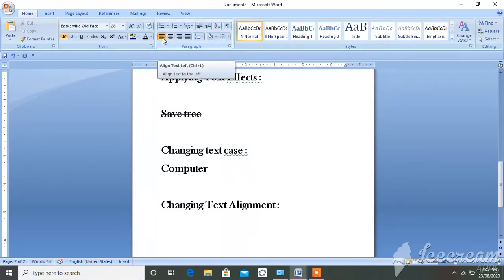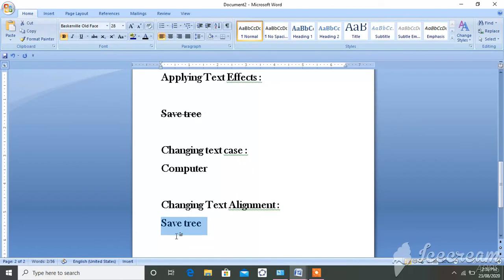See here: left, middle or center, then right, and justified. Left, center, right and justified. Okay, now alignment means, see, suppose I will type it here, save tree.